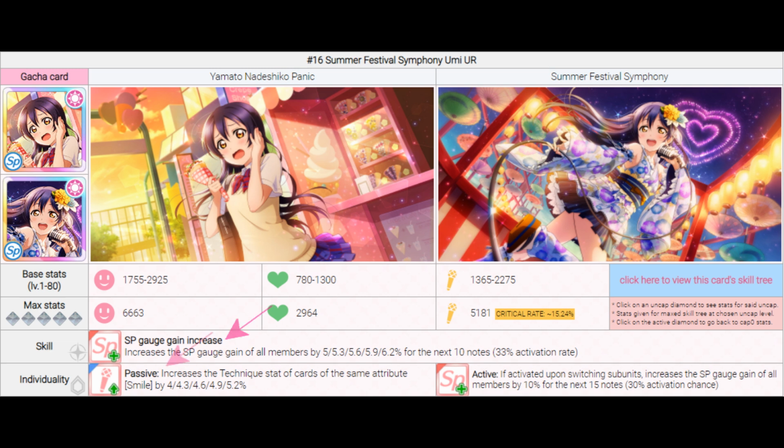Her passive ability is also quite mediocre as well, as she only provides a technique buff to other Smile attribute cards by 4.6%, which in very small cases means she only buffs her own technique. Her live show active is also, from a meta perspective, relatively poor, as if you activate this ability upon switching strategies, it increases the SP gauge gain of all members by 10% for the next 15 nodes, activating at a 30%